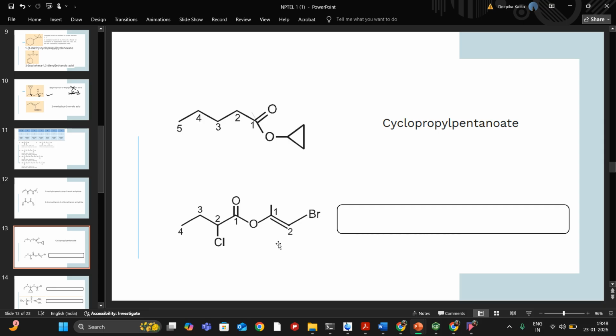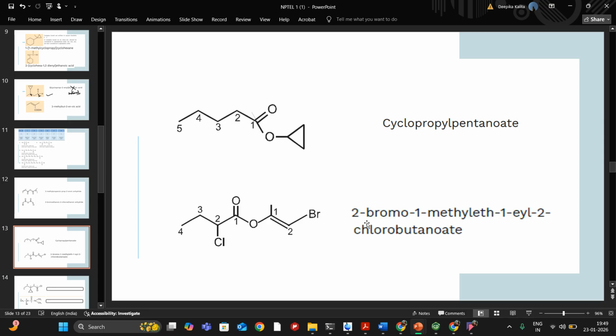And the first part of the name will consist of this part of the ester, which is not directly attached to the carbonyl functional group. This part has 2 carbon atoms and 2 substituents, 1 methyl and 2 bromo. Also we have to mention the presence of the ene functionality. Hence, the name will be